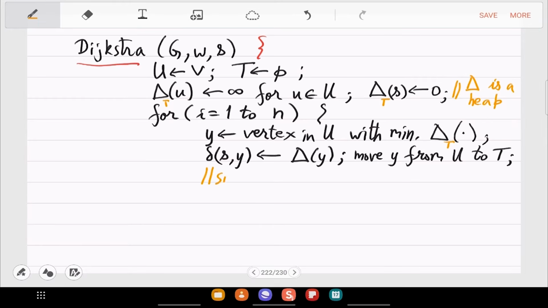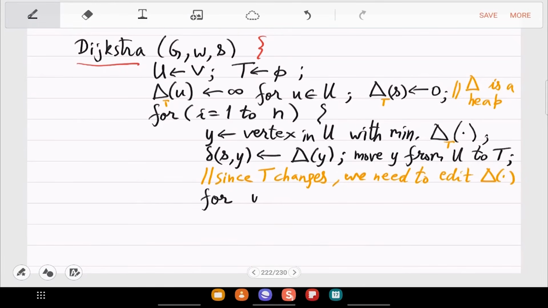So since T changes, we need to edit the delta array also. How do we edit it? For that, we have to basically see which of the locations in the delta array need an update. That is decided by the neighbors of Y. Okay, so we'll only go over those locations.